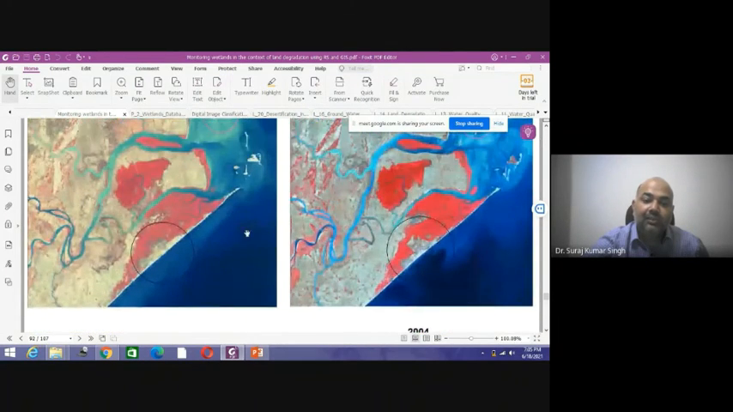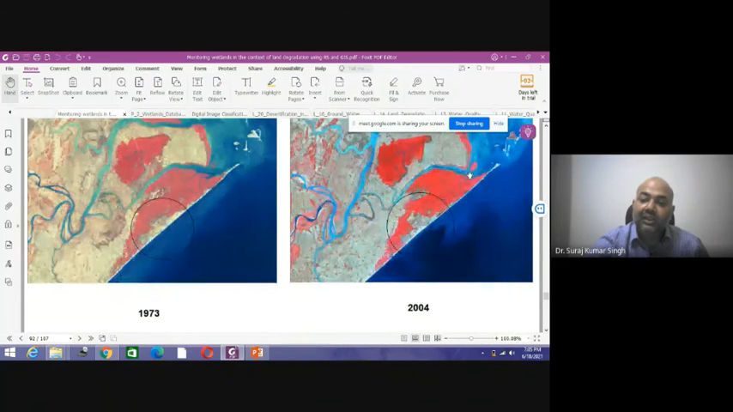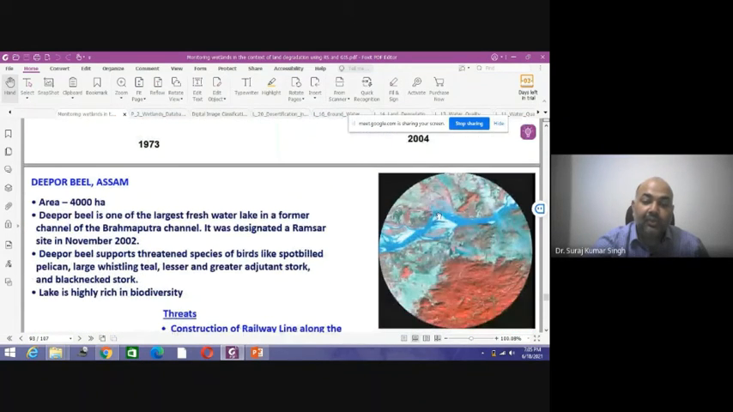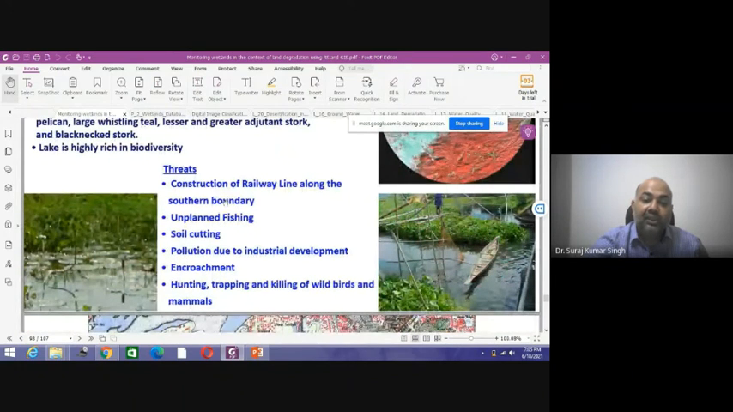So you can see what was the condition in 1973 in the vegetation type and what it is in 2004, whether that is a positive change or a negative one. You see that in 1973, there was no island, but in 2004, there is an island coming up. So what is the change, whether there is a geomorphological change or a climate change, all those features can be easily monitored, whether new features are responsible like construction of railway lines,